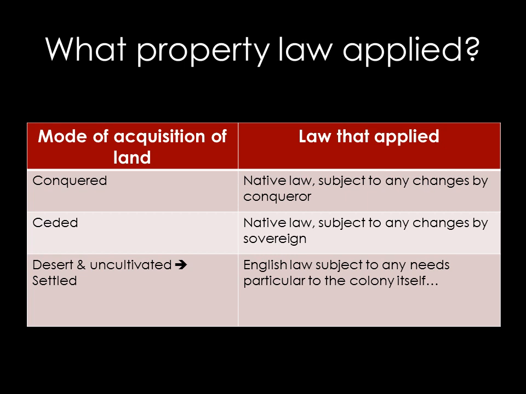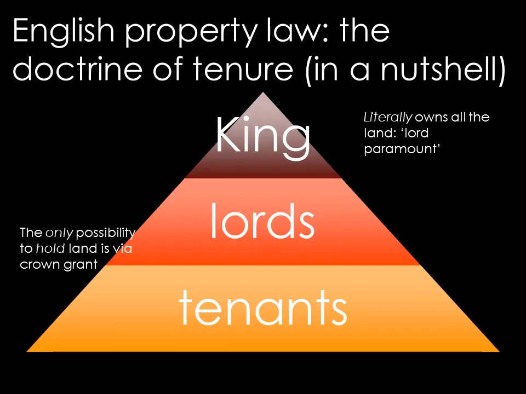So the consequences of declaring that Australia was terra nullius, that it was desert and uncultivated, that it was therefore settled, meant that English land law was deemed to apply in Australia. This effectively cut out any opportunity for the existing peoples, Aboriginal and Torres Strait Islander Australians, to claim that their systems of law took precedence. So let's have a look at what was that English law.